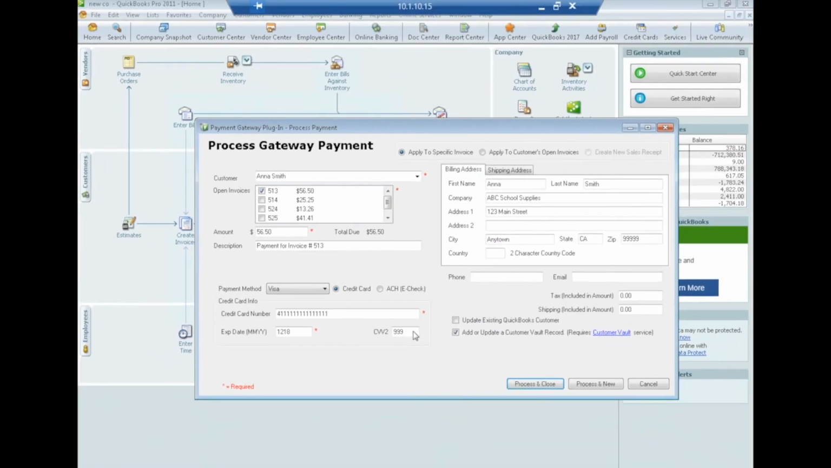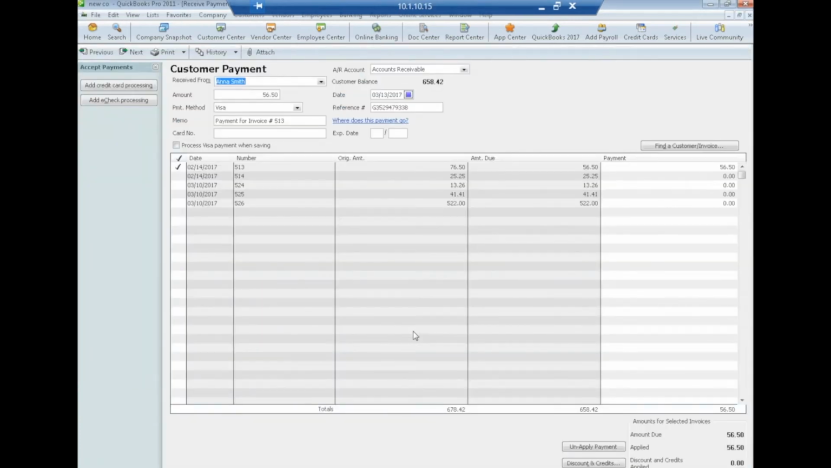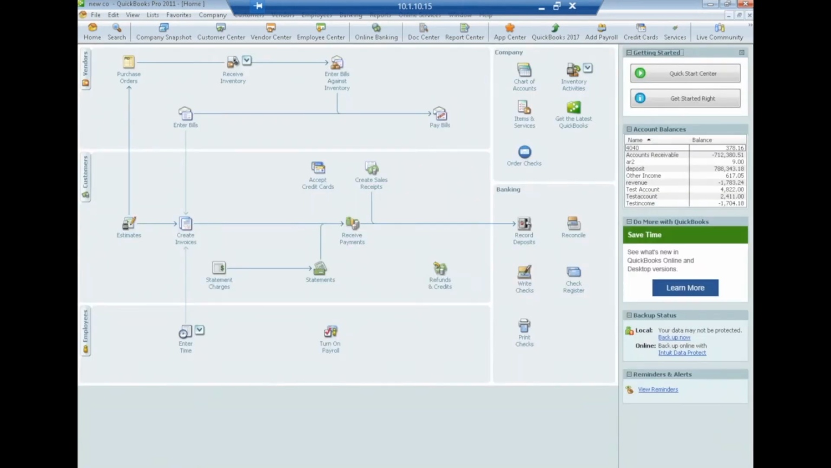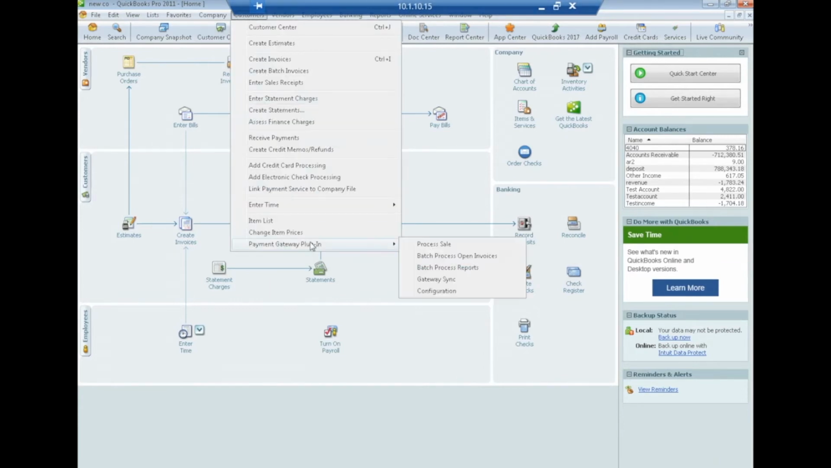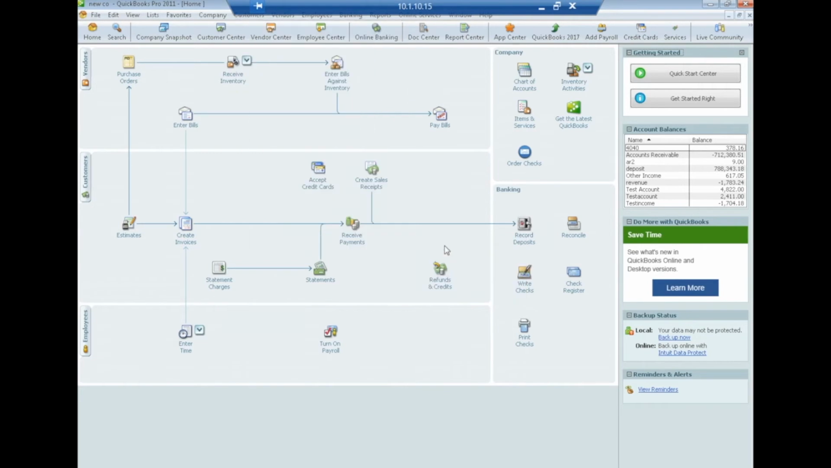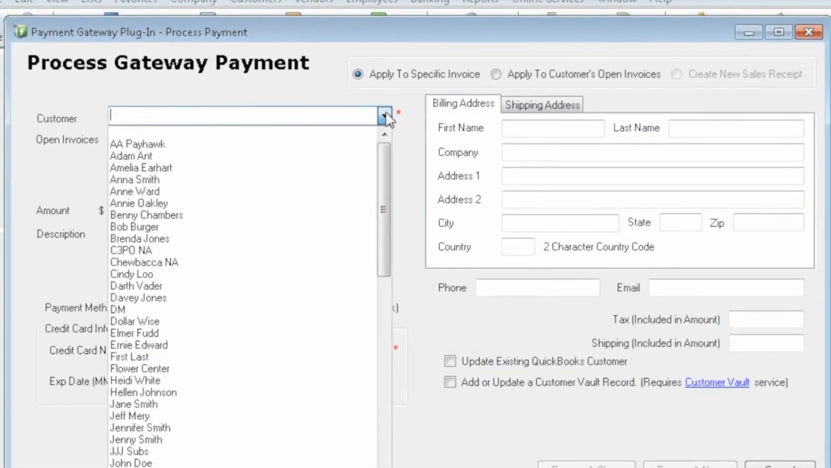And now what's going to come up is a QuickBooks receipt payment screen. This is just simply to eyeball, to see that this invoice was paid for this amount. We can see there's a zero balance due. So save and close. No action needs to be taken. So now what is kind of interesting, since we added her to the vault, if we were to go and process another sale, again for Anna,